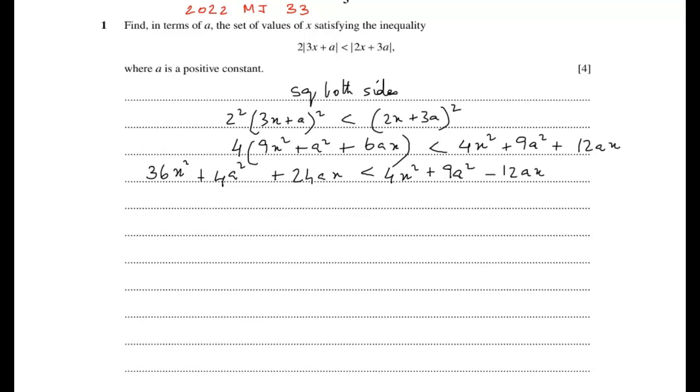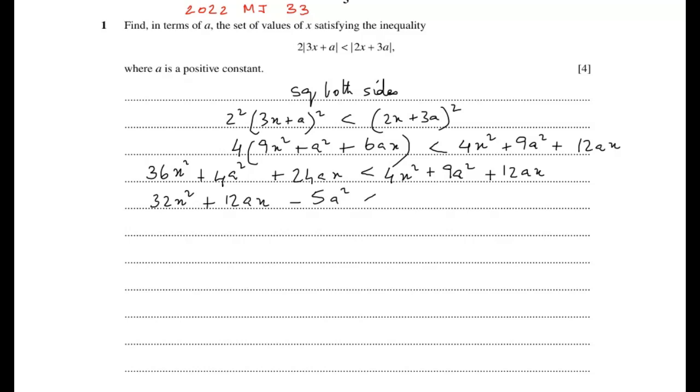We can take our time doing this. 36 minus 4 gives me 32x squared, and the 24ax minus 12ax, is that a plus? No, it's not minus, it's plus. Okay, so 24 minus 12ax is plus 12ax, and 4a squared minus 9a squared is minus 5a squared, less than